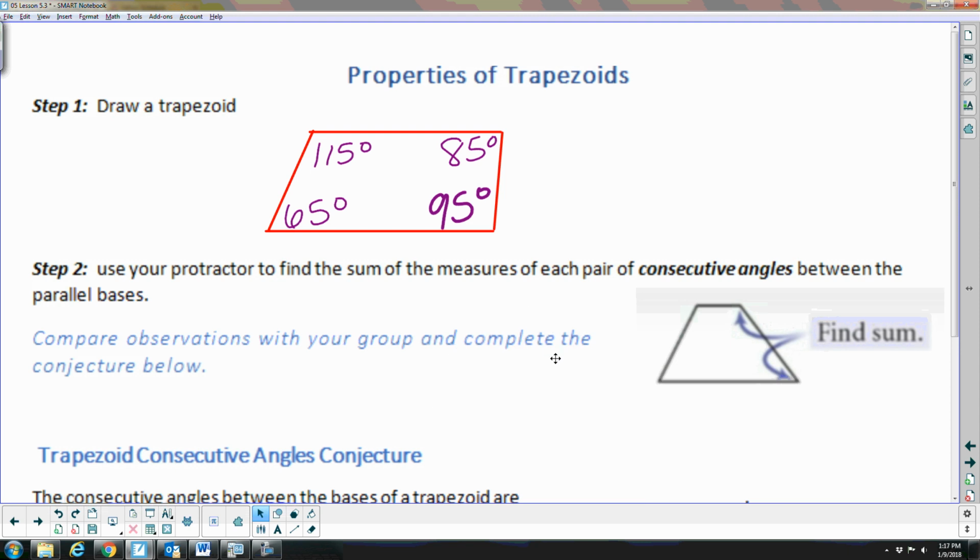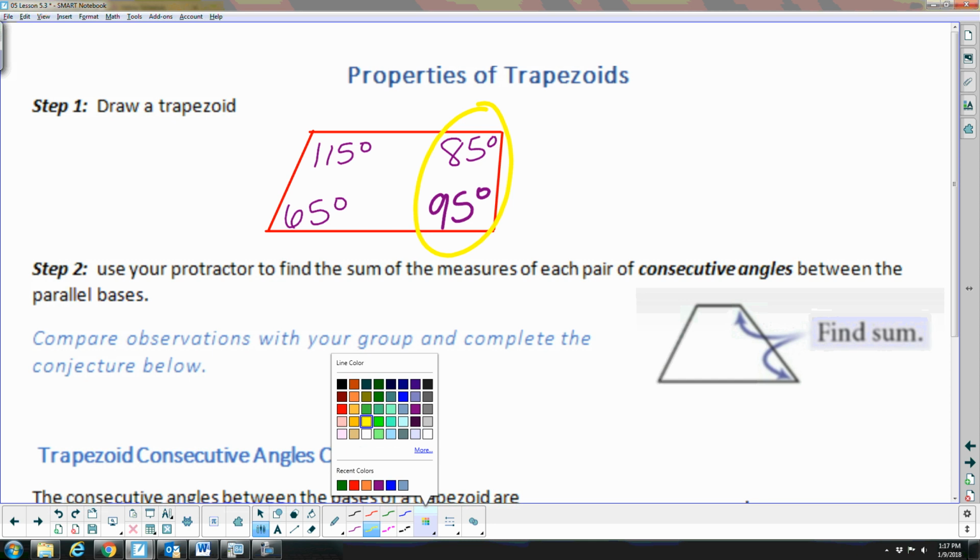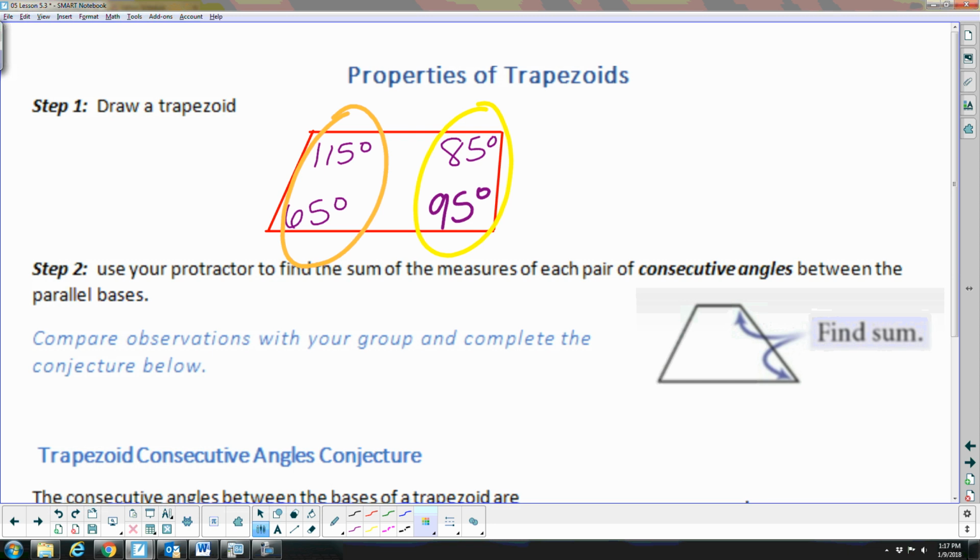All right, now it says, find the sum of the measures of each pair of consecutive angles between the parallel bases. So I'm looking for the angles between parallel bases. So here's one set between the parallel bases. And then here's my other set. If I add up 115 and 165, I get 180 degrees. If I add 85 and 95,